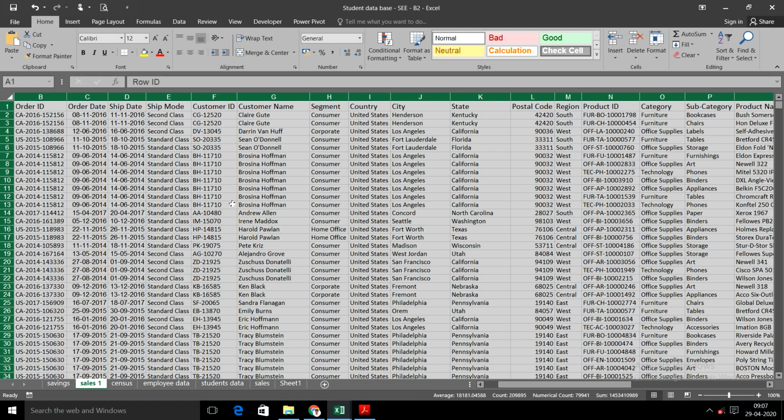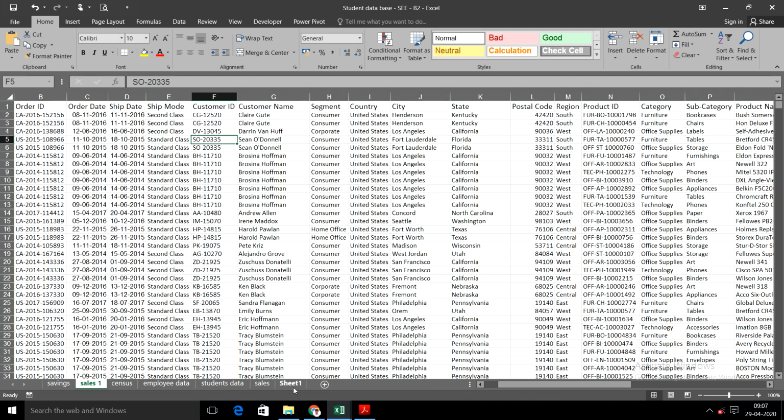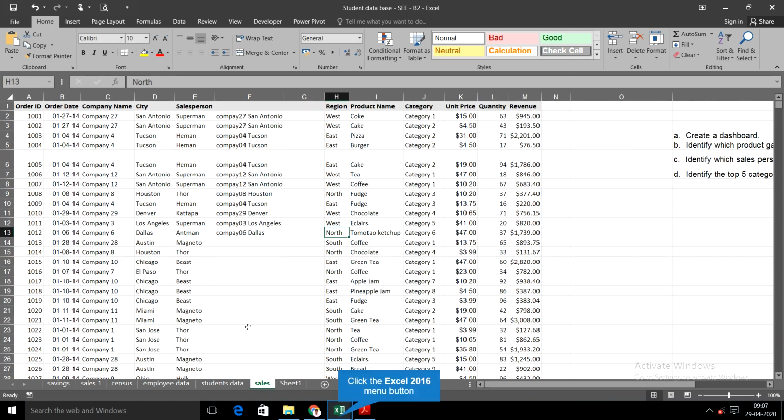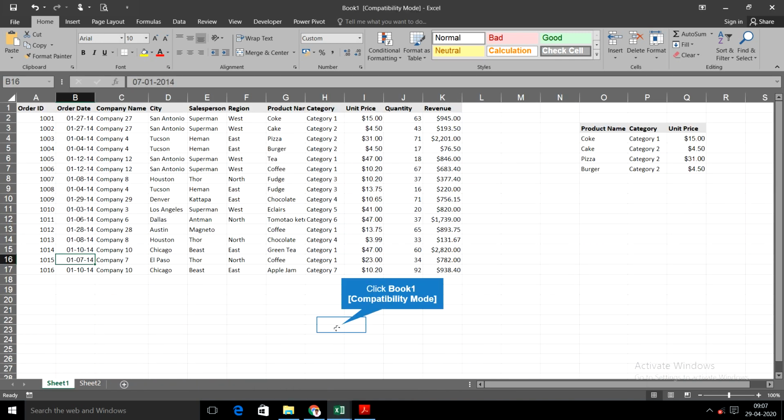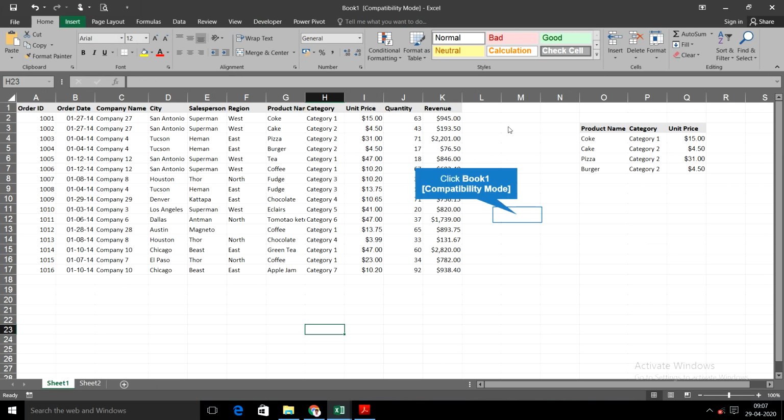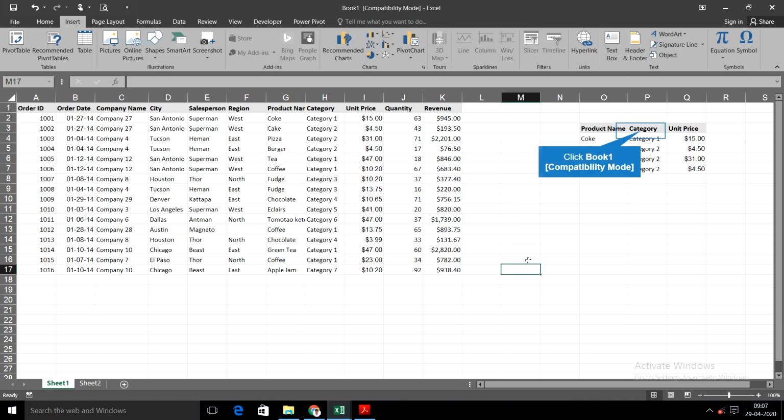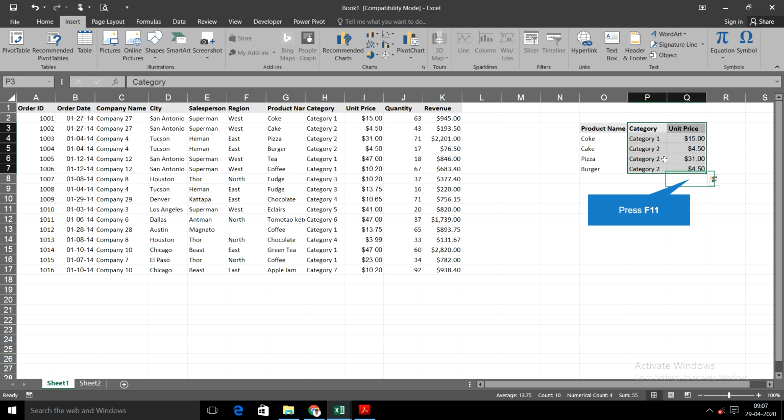The next one I tell you is, I have a small data and I need a graph for that data. To plot a graph, we need not go to the Insert menu and search for the type of chart we want. Instead of going to the Insert menu, simply select the table for which you want to insert a chart. So I am selecting these two columns where I need to insert a chart.